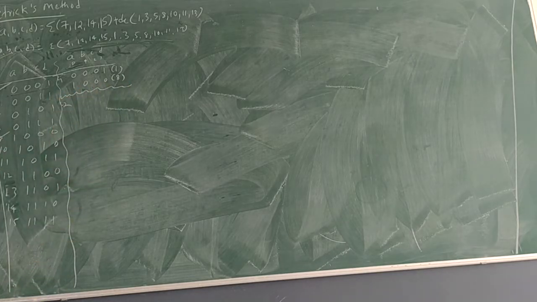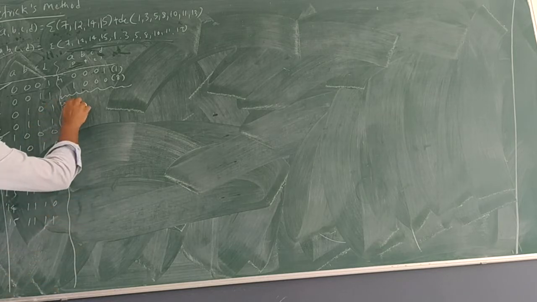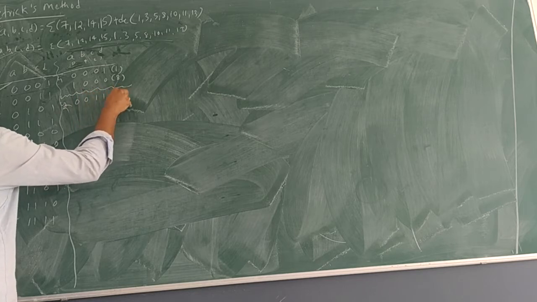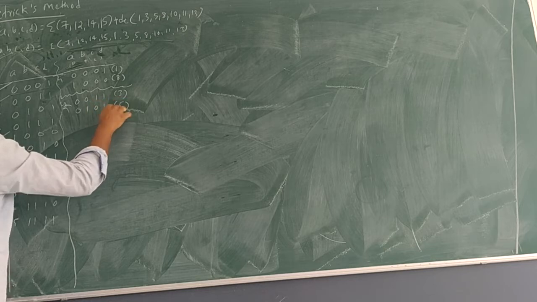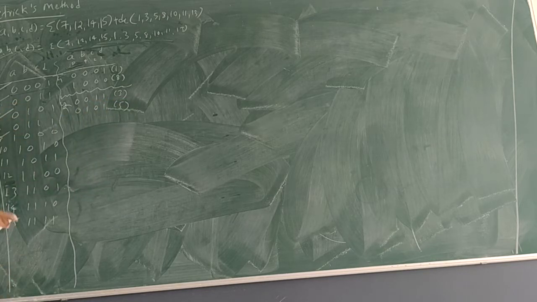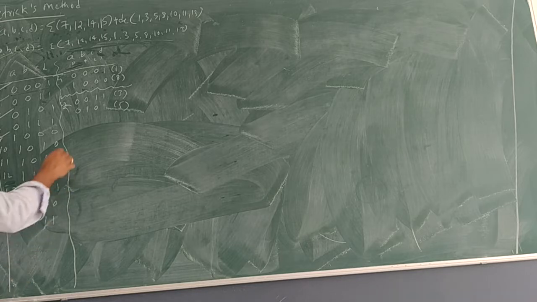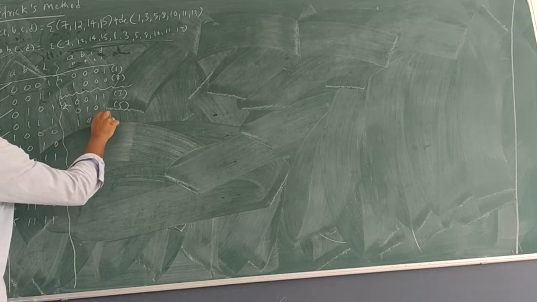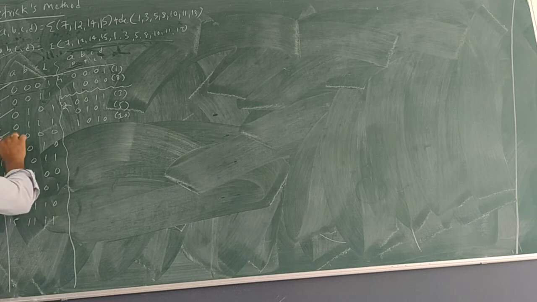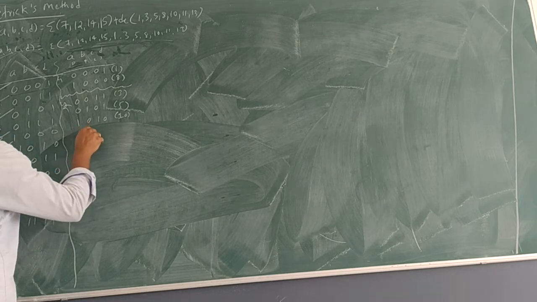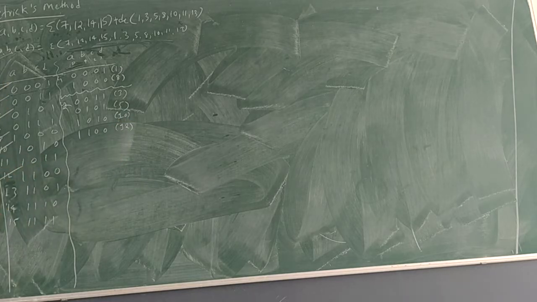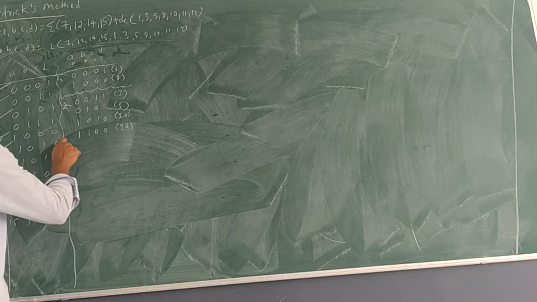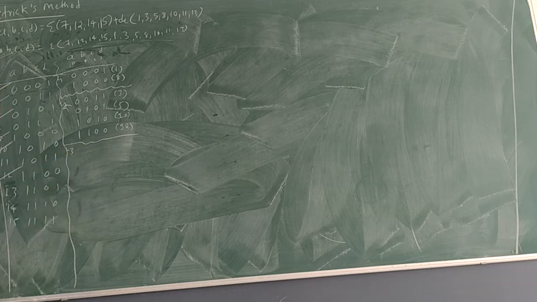So now write for L2. L2 starts from 3, 0 0 1 1, that is 3, put a pass mark, 5, 0 1 0 1, put a pass mark for 5, 7 no, 10 yes, 1 0 1 0, which we write as 10, put a pass mark, 12 also yes, 1 1 0 0, which is 12. 13, 14, 15 do not belong to L2. So let's write L3.